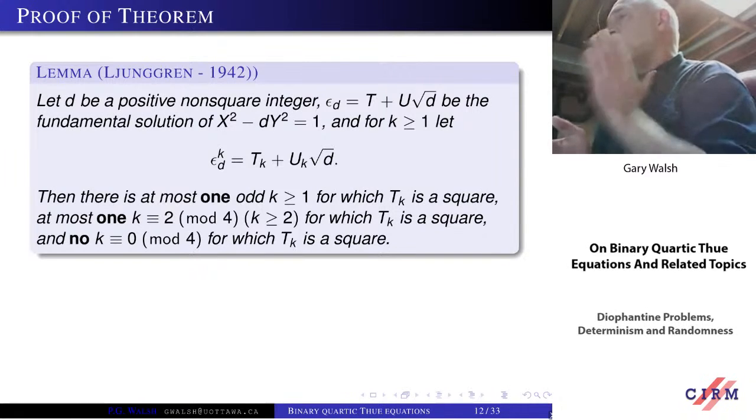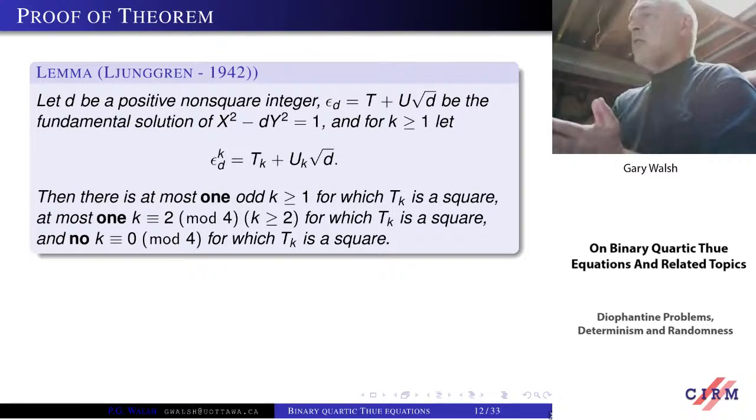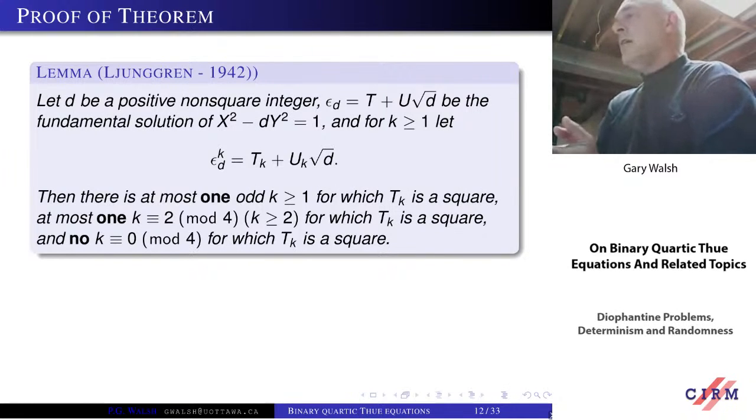And one would immediately think, would it be k equals 1? And if you do just a little bit of computation, you really don't need a computer at all. So Ljunggren could have asked this question and could have tried to prove it. It's surprising that he didn't prove it himself, that k would be equal to 1. Similarly, the same proof you think would work for k equals 2.